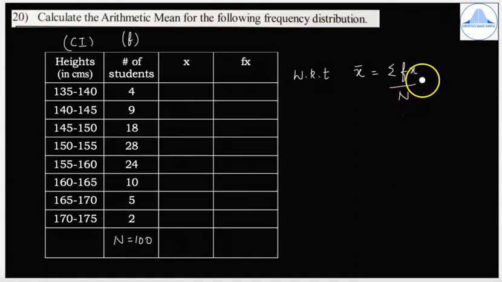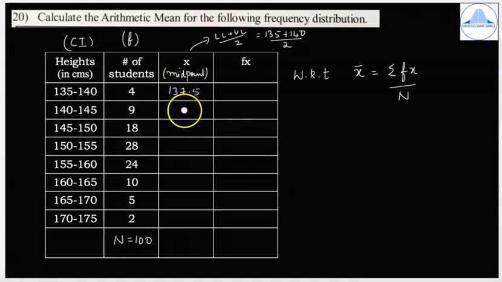Now before we do any sort of calculation, it is important to find x. So x is nothing but the midpoint of each of the class intervals, and if you're aware, the midpoint is the lower limit plus the upper limit divided by 2. So it is 135 plus 140. When we divide by 2, we get 137.5. In a similar way, you can find the remaining midpoints: